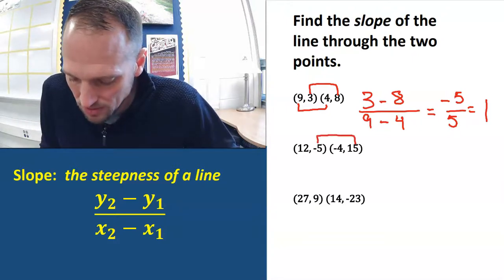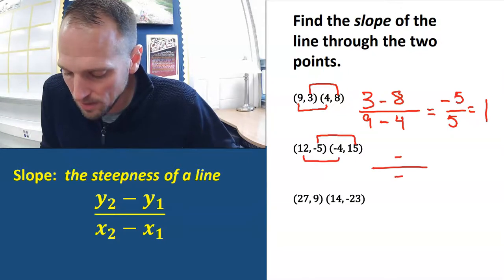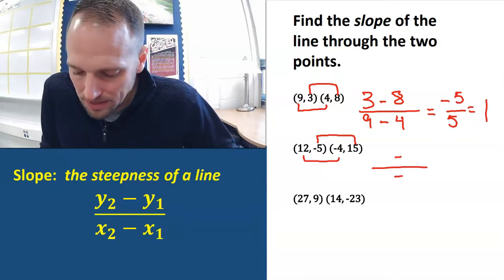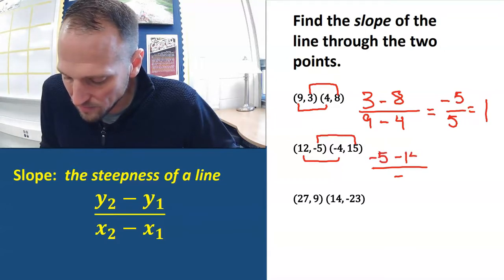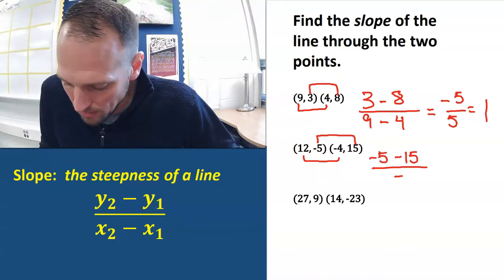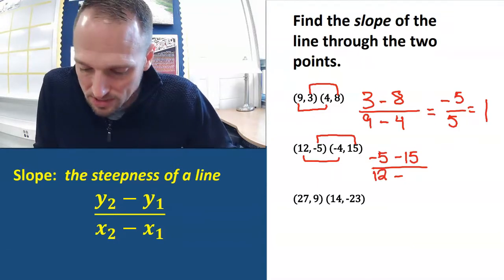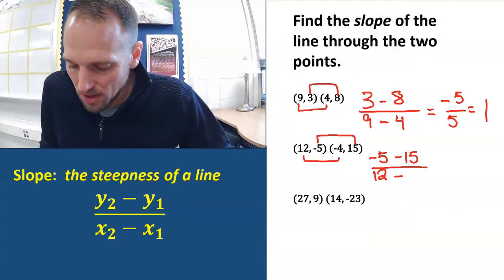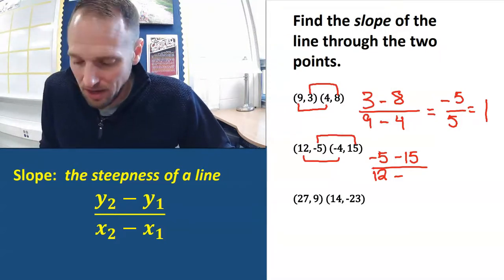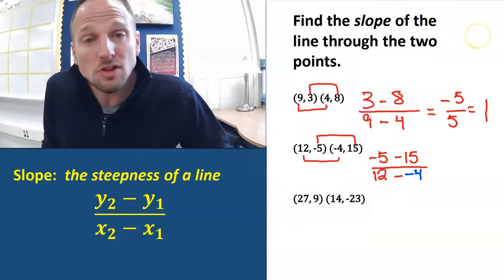Connect the y's on the top, x's on the bottom, and then subtract them. My top numbers, -5 and 15. My bottom numbers, 12 and, watch this. See this? I'm even going to put this in blue so it stands out. On the bottom, I have to put in 12 and -4, so I already put in 12. Now I need to put in -4. Notice that I actually wrote in there